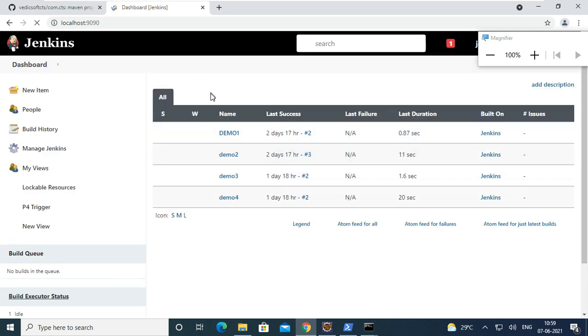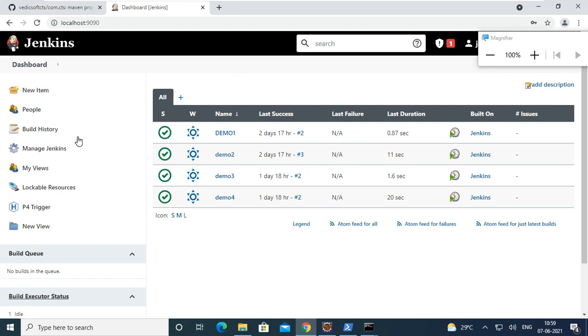Okay. So here four projects we built last time. Now a new project we are going to build before that one. Already we did this one. It's taking too much time.